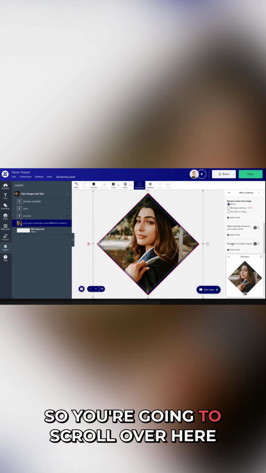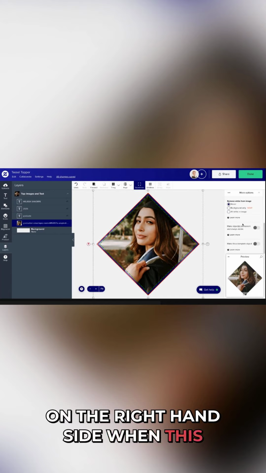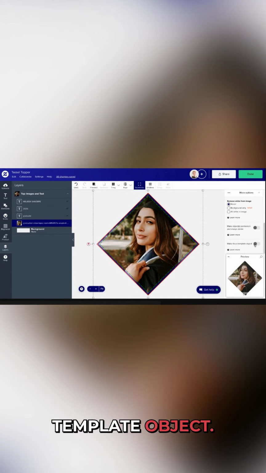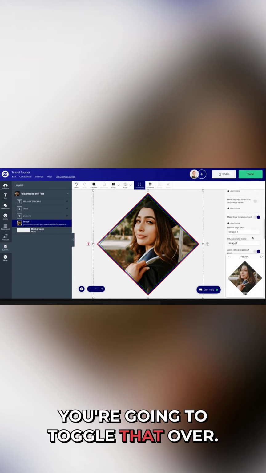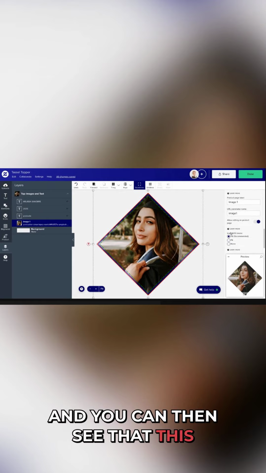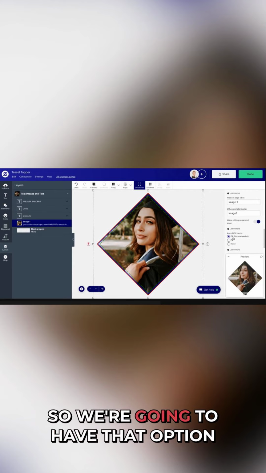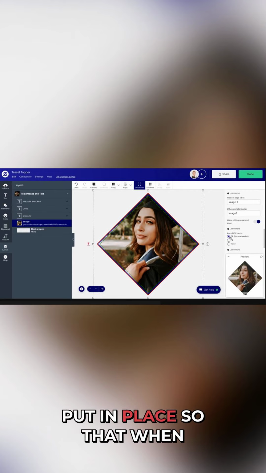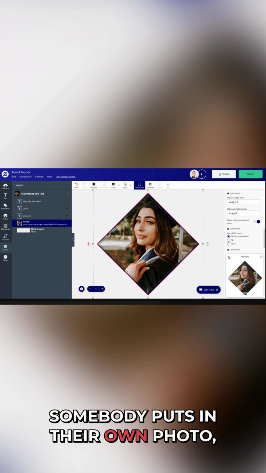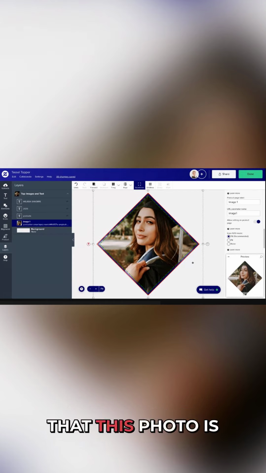which I have not yet done. So you're going to scroll over here on the right-hand side when this layer is selected and say make a template object. You're going to toggle that over, and you can then see that this fill is recommended. So we're going to have that option put in place so that when somebody puts in their own photo, it's going to fill the whole section that this photo is